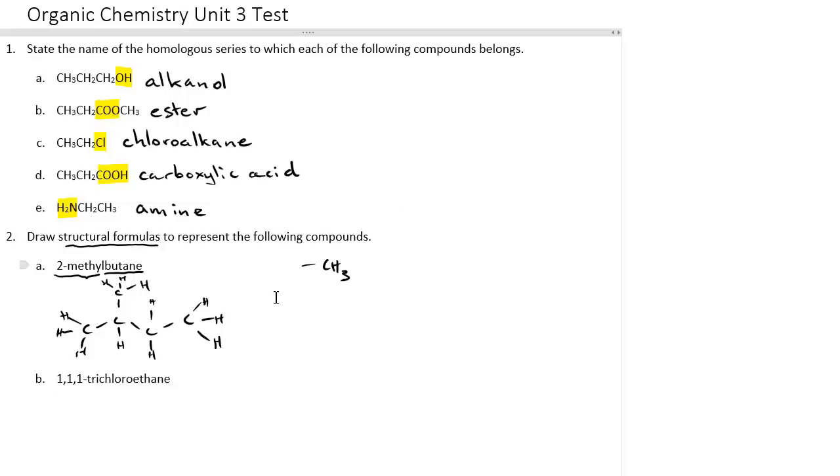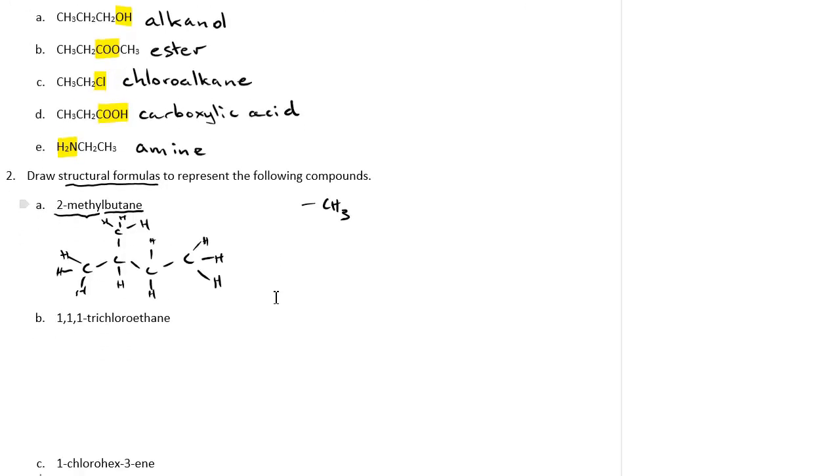The next one, let's have a look. So it asks you to draw 1,1,1-trichloroethane. So let's start with the ethane. Ethane has 2 carbons. Okay, now there's something going on here, something strange: 1, 1, 1, and then trichloro. So on the very first carbon here, or here, depending again where you start counting from, on this very first carbon here, you've got